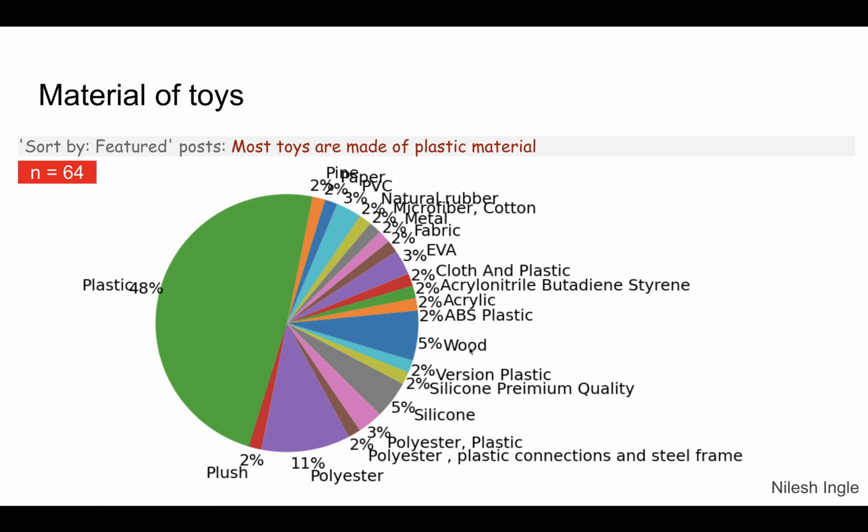There is wood 5%, silicone 5%, etc. Now this distribution may not be the same if you look at a much larger data set. So that's just to keep in mind. This is a very small sample of 64, and there's not much to interpret from this except